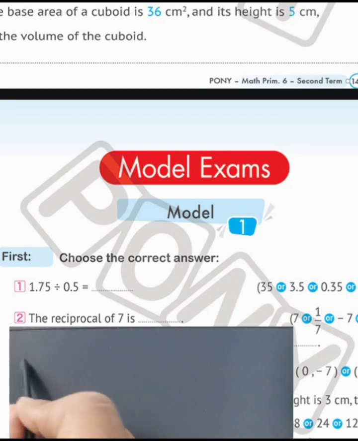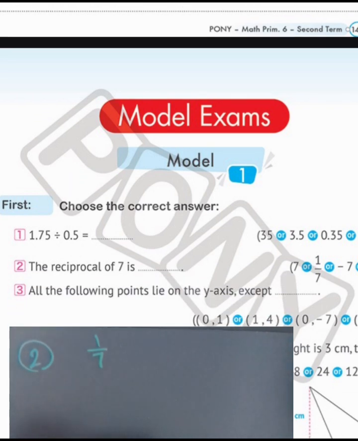Question number 2, the reciprocal of 7 will be 1 over 7. The reciprocal of this number will be 1 over 7. Write the inverse of this fraction, the multiplicative inverse, okay? Question number 3,